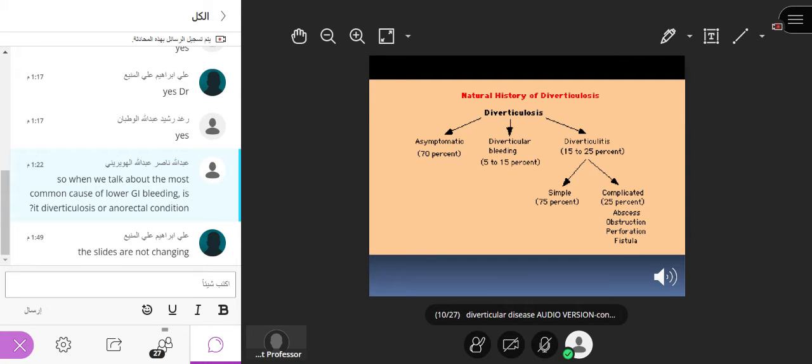So how do they present? If it is a colovesical fistula, where the bladder communicates with the colon, how will it present? There will be recurrent cystitis, burning micturition, and there will be pneumaturia. Pneumaturia means